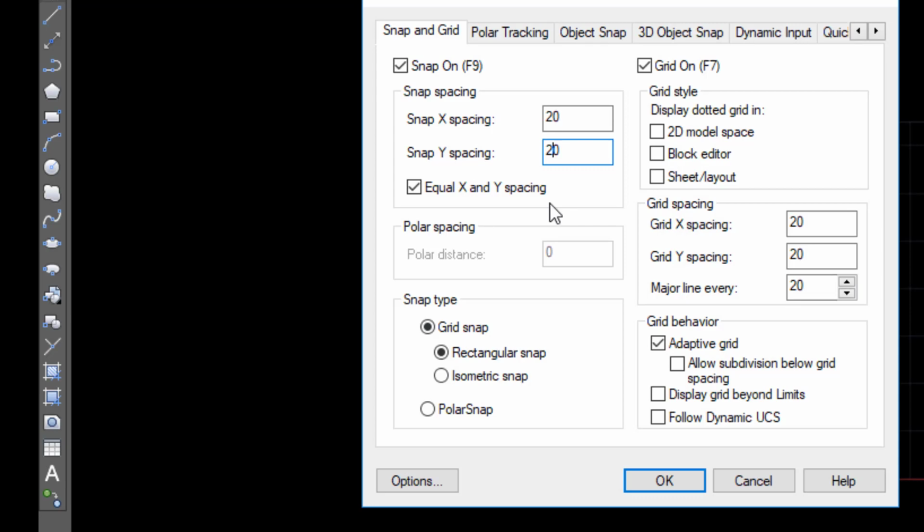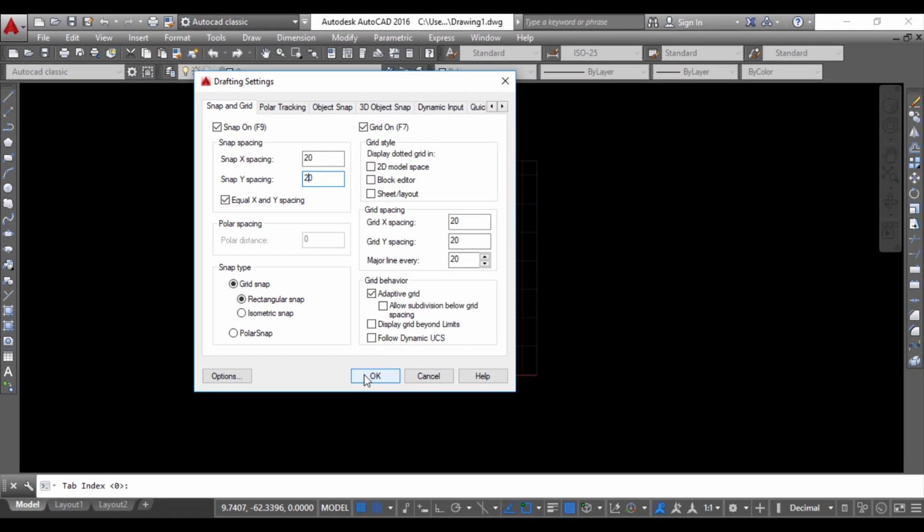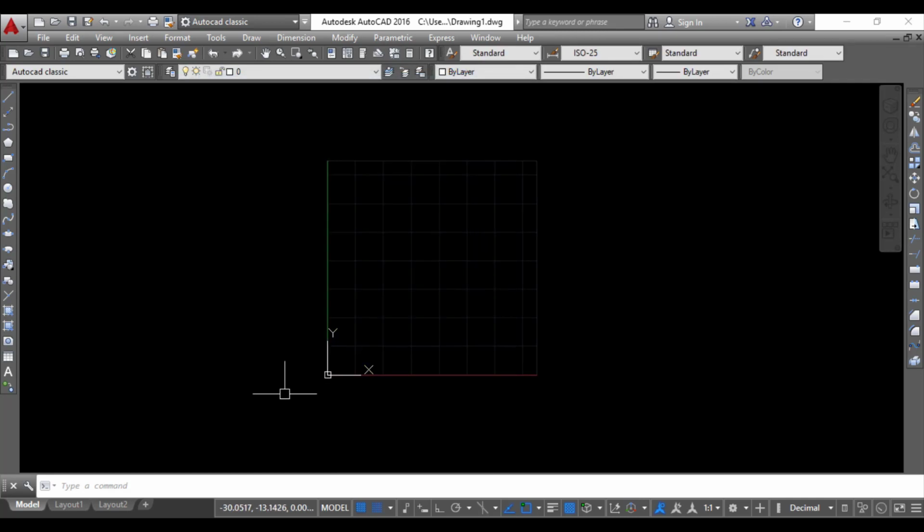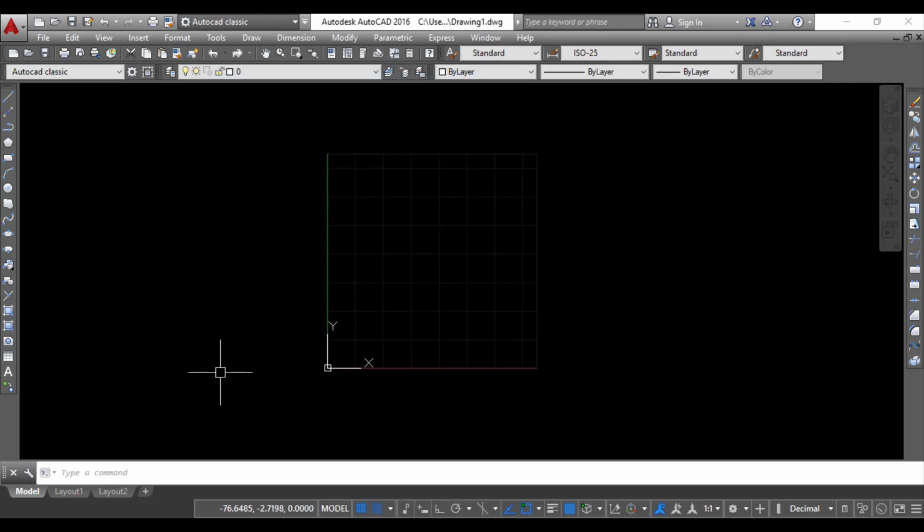In this case, I am selecting the snap mode on as 20, 20, and I will again click on OK. Now as I click on OK, to see the execution of the snap, we have to take a specific command. Suppose I am taking a line command and I am going to the snapping. You can see that once I click one point, the cursor goes to another point, but in between I cannot click.